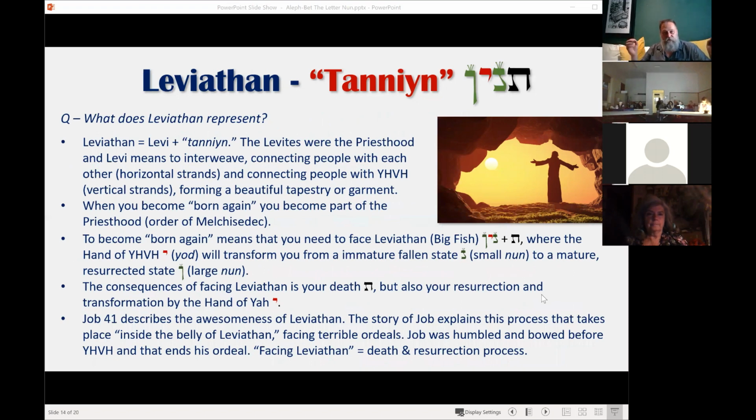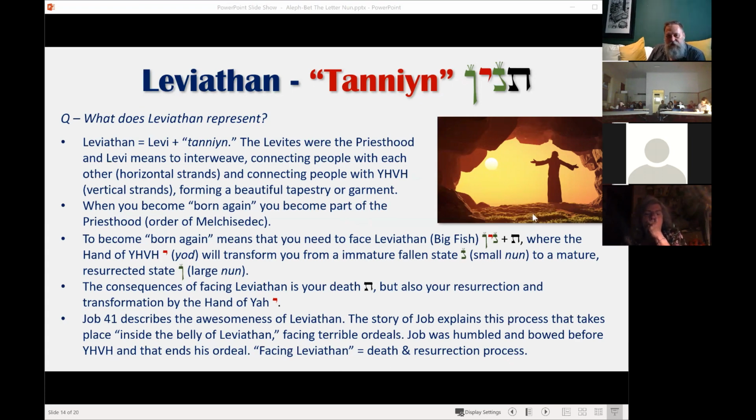He's now a full-fledged priest, and he can now do the work of Messiah, or the work of what Yahweh wants him to do. So Leviathan, as I said earlier, depicts the priesthood. Our new priesthood is no longer Levi, it's Melchizedek. And Melchizedek means the king of righteousness. Now, there's only one righteous king, and that's Yeshua the Messiah, and he is the high priest by carrying that name, and we are subject under him.